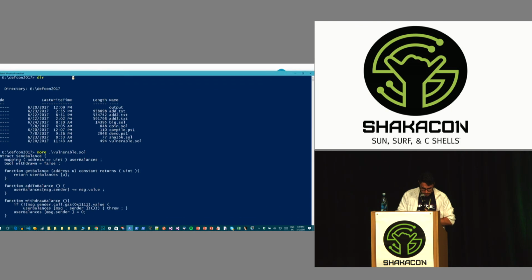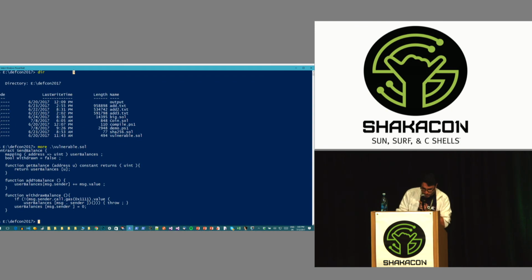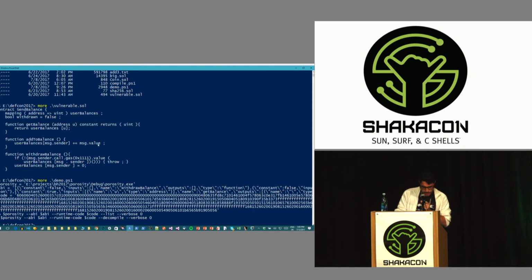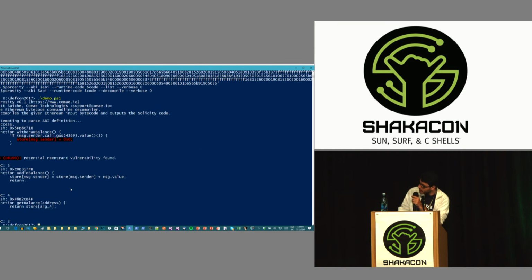So here that would be a vulnerable contract, and basically we would get that bytecode, right? And we're just gonna pass it to the actual decompiler. On top is the actual source code, and then we're just gonna pass that bytecode to the decompiler, and that's the translated code out of it. And we can see it's highlighting the vulnerability, which is the race condition in the withdraw balance code,